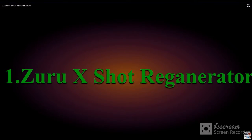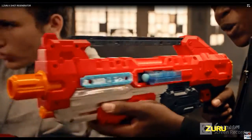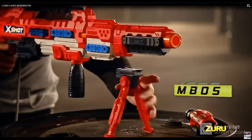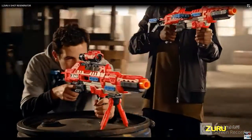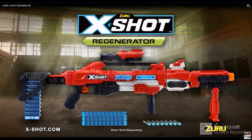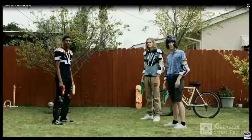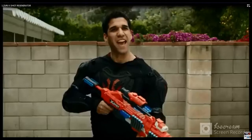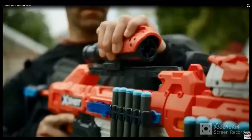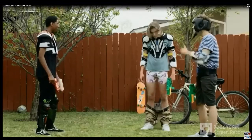Number 1. Zuru X-SHOT Regenerator. X-SHOT XL Regenerator from Dart Blast with over 1000 unique combinations. 48 darts by Zuru. Multicolor. The Regenerator is the ultimate all-in-one blaster, where multiple attachments can enable you to create